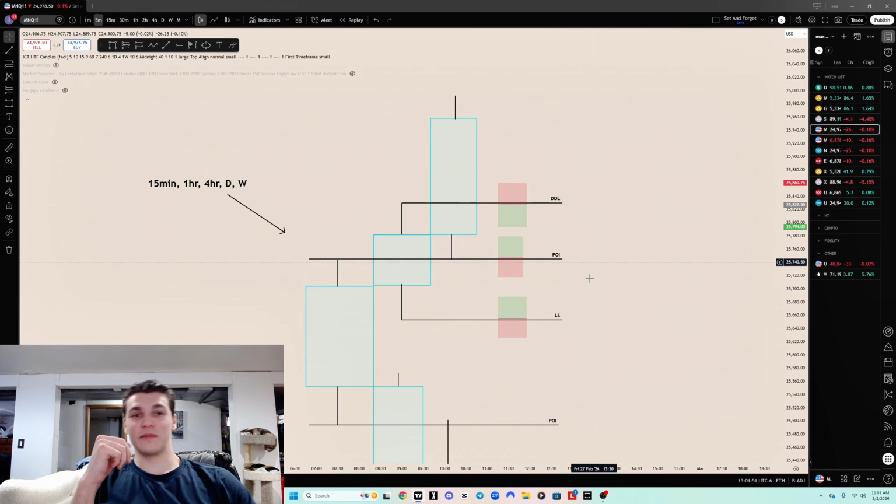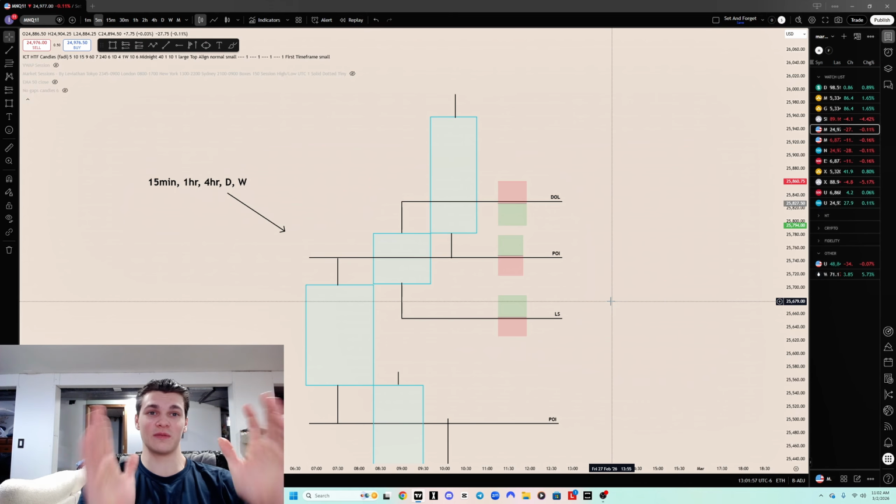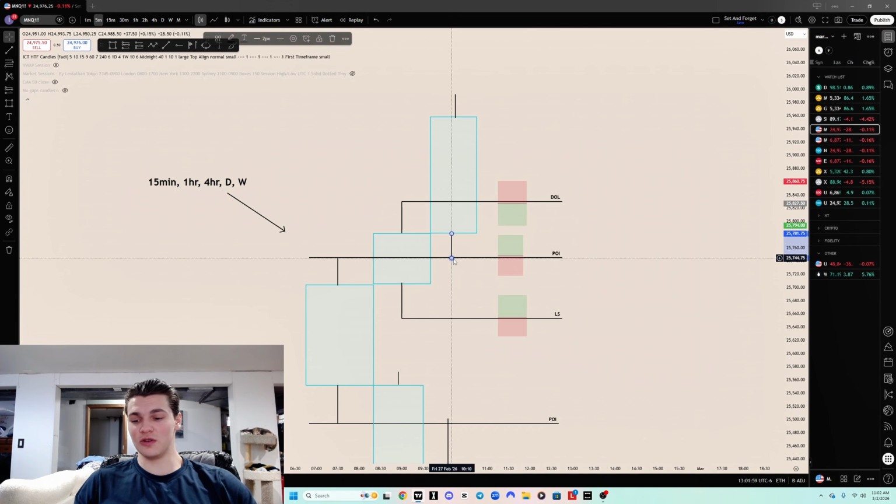This is literally it. I'll show you the entries on what you'll be looking for, because the entries are super simple, but this is the basis of everything. And you can have this candle literally just wick into it. It doesn't even need to have a full break. Obviously, if it does have full break on the one,